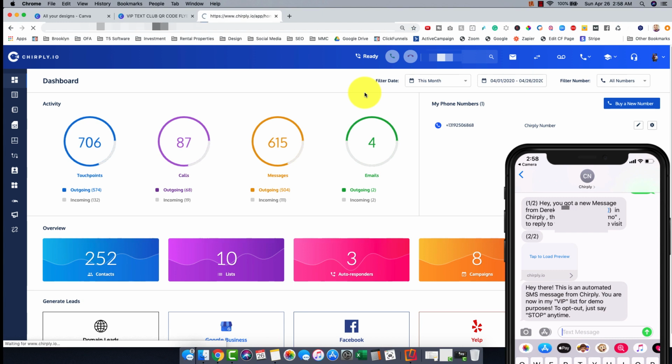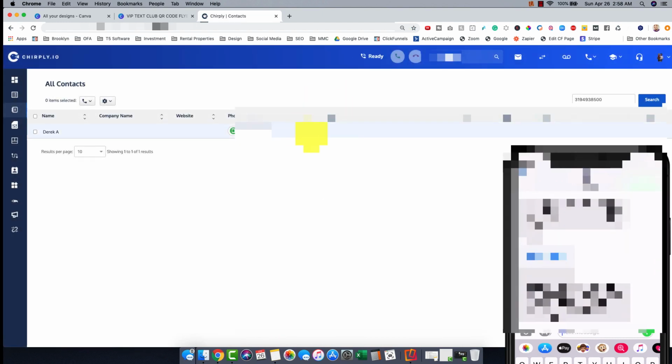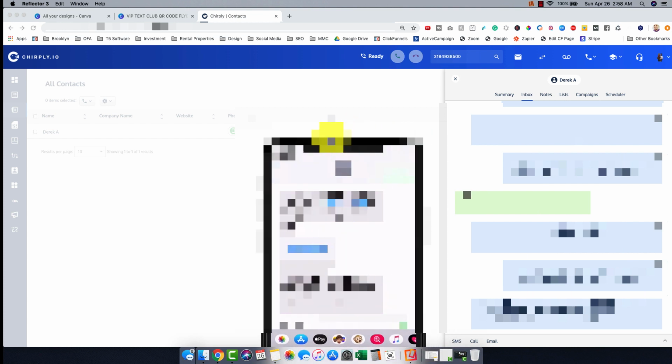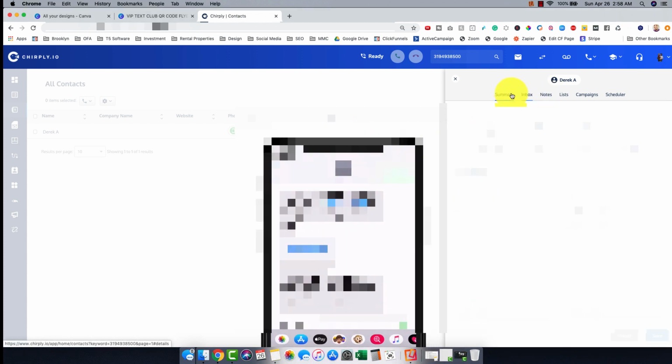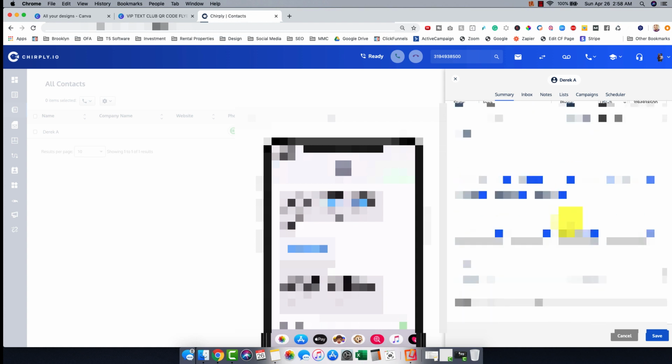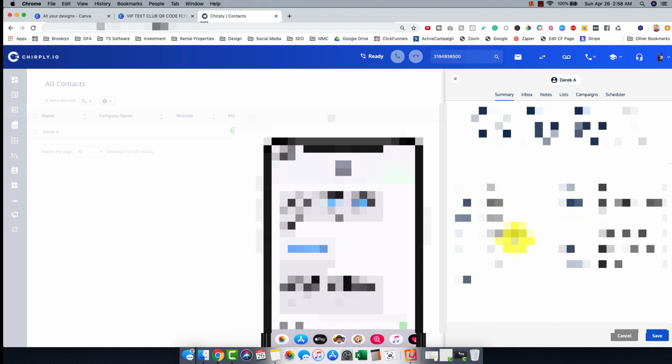And that's going to pull up my contact inside of Chirply. And then I'll just click and open that up. So you can see here, it's all the previous communication. I have a summary of all the text messages, calls, emails that have been sent. I have all the contact information